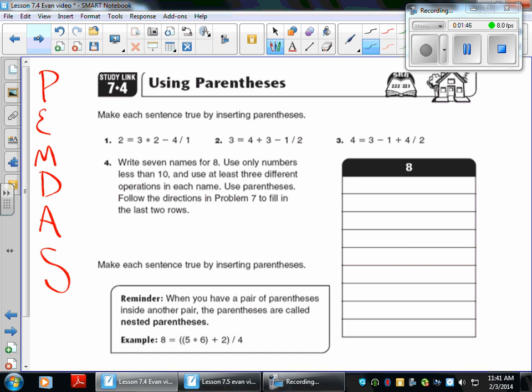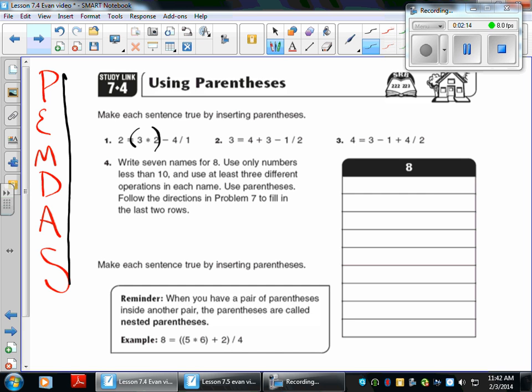This first problem is asking, make each sentence true by inserting parentheses. For the first problem, we have 2 equals, and then 3 times 2 minus 4 divided by 1. We have to find where to put the parentheses in this problem to make it true. Well, looking at this problem, I can tell if I put parentheses around 3 times 2, and I follow my order of operations, I have it on the side here, PEMDAS, parentheses comes first,